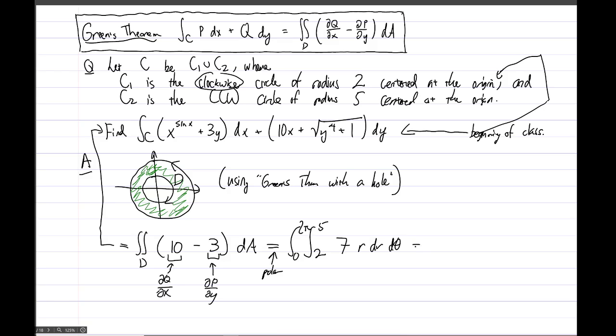Now, if you work out this integral, somewhere along the way, I'll skip the details, but I'll just mention that if you work out the integral yourself, you're actually going to see at some point 175 pi minus 28 pi. And I will just comment that earlier we had seen the minus 28